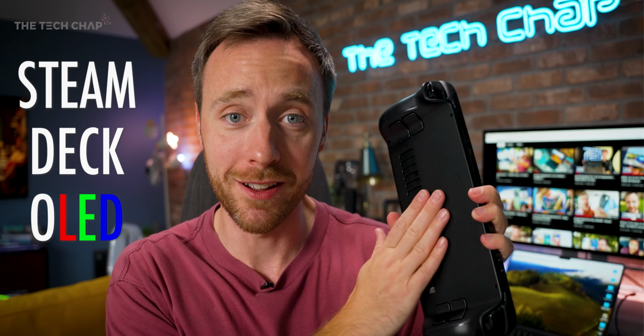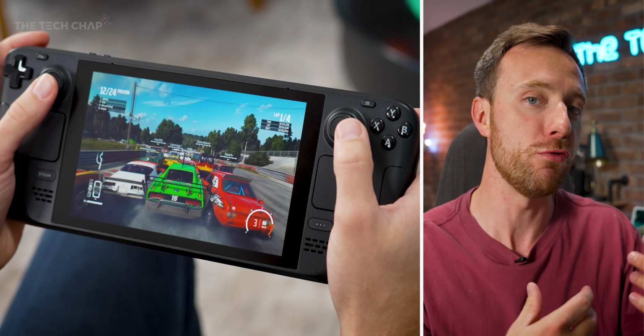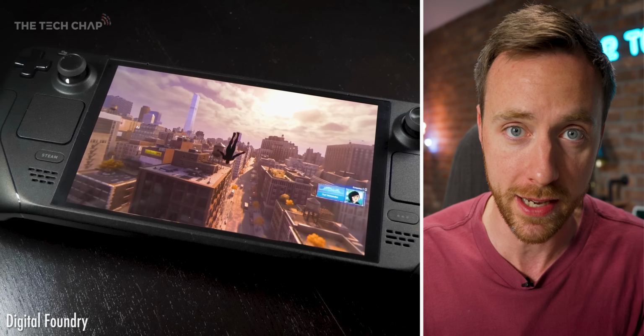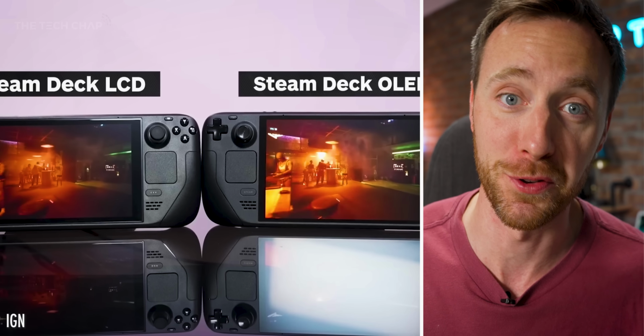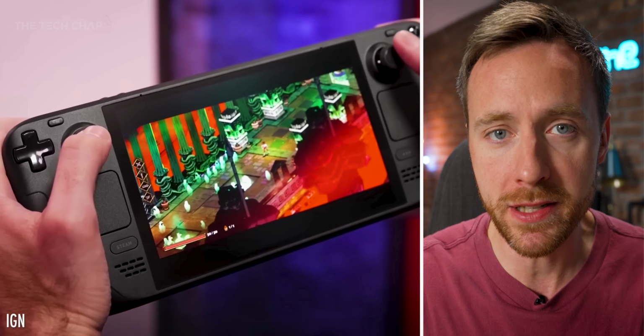And let's kick off with the Steam Deck. It's back! We got a new OLED model. The Steam Deck is basically a portable PC, and with the new refreshed model, which is kind of like a Steam Deck 1.5, they've added an OLED screen. It's also a bigger screen because they've reduced the bezel around the edge, which makes it look a lot smarter as well. Battery life is up to 50% longer, they've improved the speakers, and there's plenty of quality of life